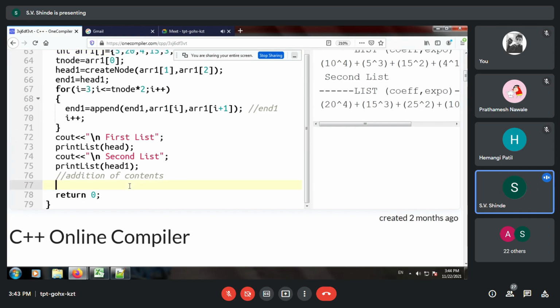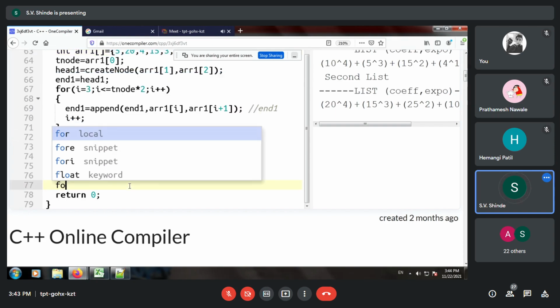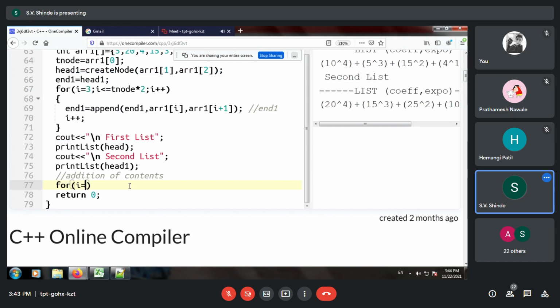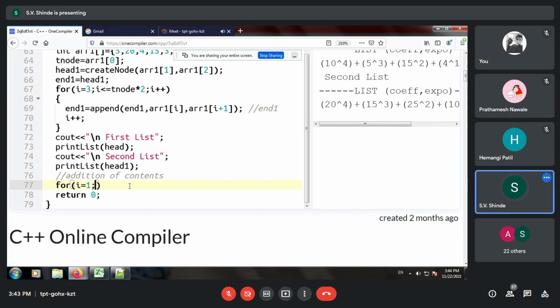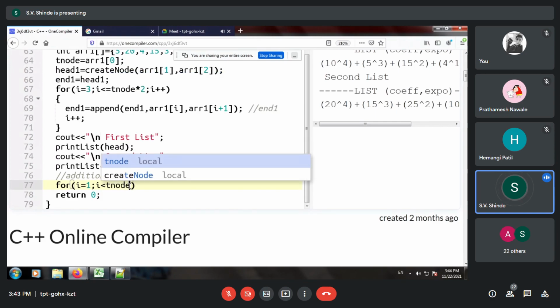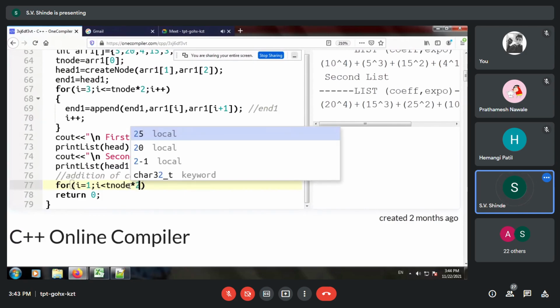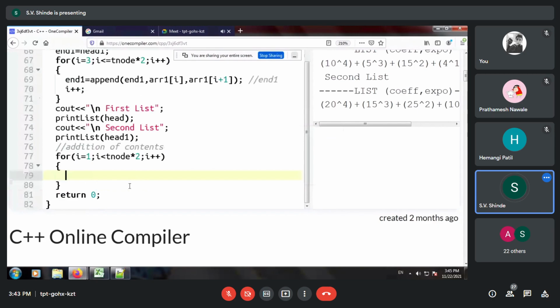Now, in order to add the array, I use for loop, I is equal to 0 semicolon. So instead of starting with 0, I'll start with 1 semicolon, I is less than 3 node, that is number of nodes multiplied by 2, semicolon I plus plus. Now let us add the arrays.